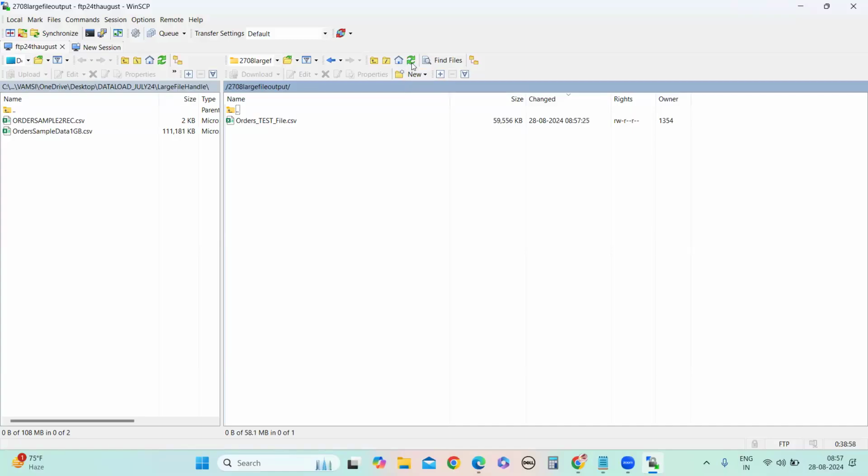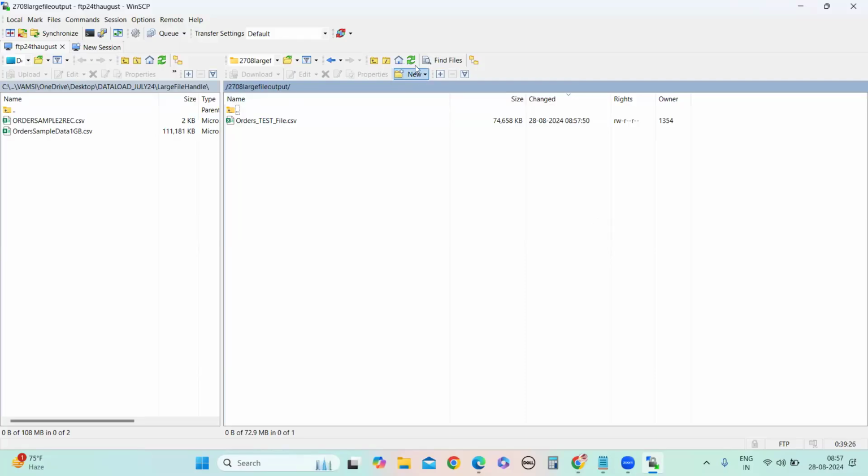Vamshi, in the Excel, will it create each tab wise or in one tab? It will be in a single file only. A single file, but after more than 66,000 something, it will create another tab in the same Excel sheet, right? This is CSV, not Excel.